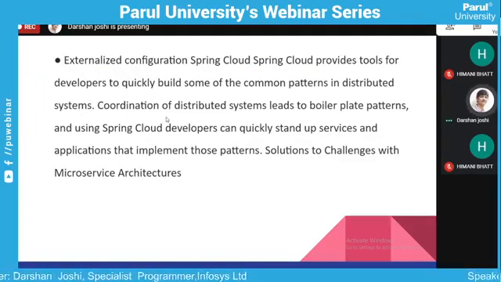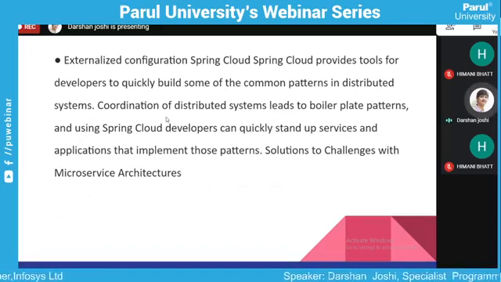Apart from this, externalized configuration. Spring Cloud provides tools for developers to quickly build some of the common patterns in distributed systems. Coordination of distributed systems leads to boilerplate patterns, and using Spring Cloud, developers can quickly stand up services and applications that implement those patterns.